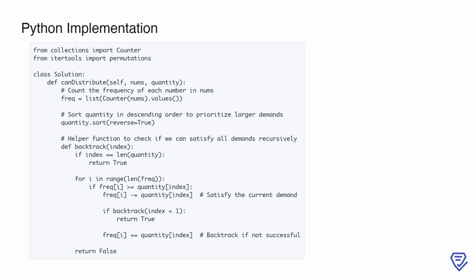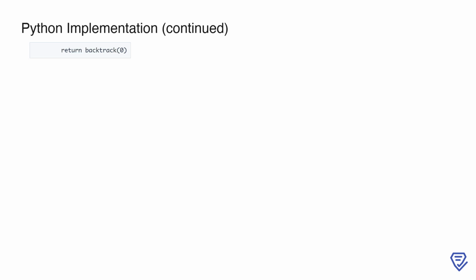The function takes an index as its parameter, representing the current demand we are trying to fulfill. If the index equals the length of the quantity list, it means all demands have been satisfied, so we return true. The backtrack function then iterates through each frequency in the frequency list to check if the current demand can be met. If the frequency at any position is greater than or equal to the demand at the current index, we